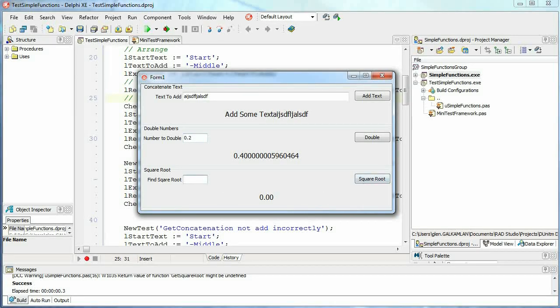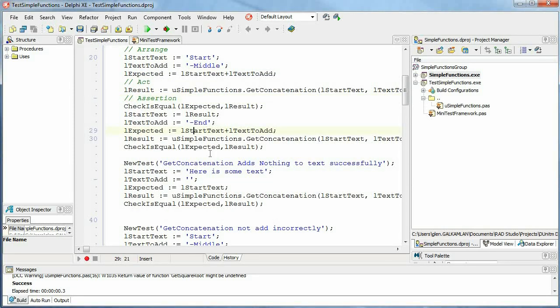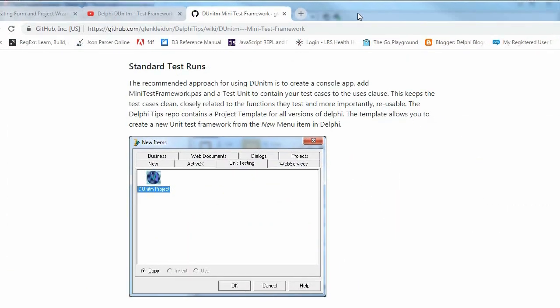But our square root, as you can see, does not work. We'd expect that to be 8, but we're getting some faulty value. So the last function we need to update is our square root function, and we're going to use a full test project for that. If we look again at our notes on the wiki,